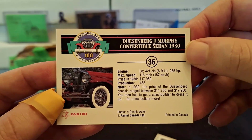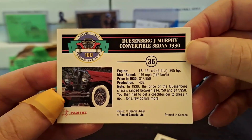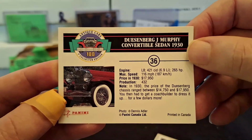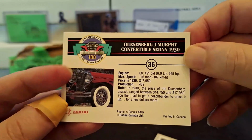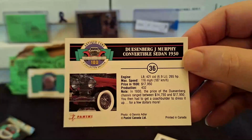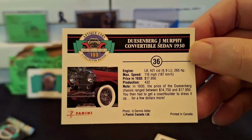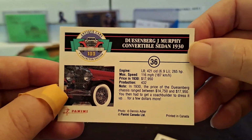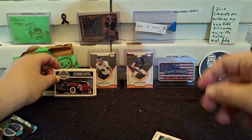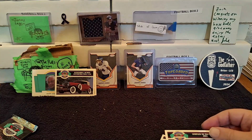$17,950 in 1930. Imagine that one. In 1930, the price of the Duesenberg chassis ranged from $14,750 to $17,950. I forgot about that. You got the chassis, and then you had to take it to a coach builder. So basically, no two Duesenbergs were identical, even if they were the exact same chassis. You then had to get a coach builder to dress it up for a few dollars more. So all the styling, the body and whatnot, that was added on to the rolling chassis,